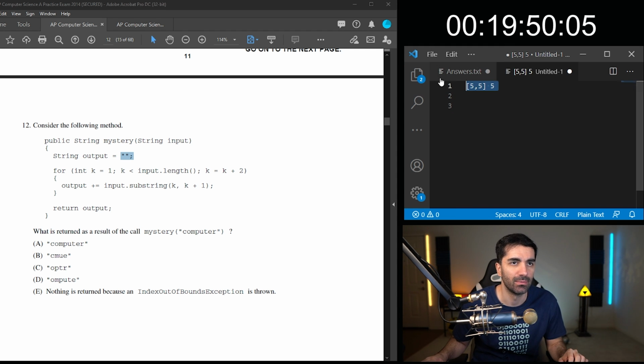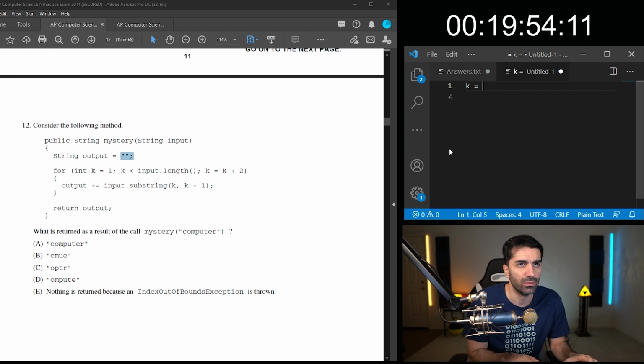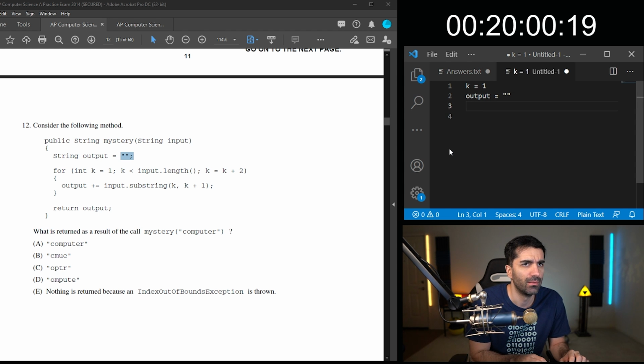All right, I'm going to need some notes for this. So initially k equals 1, output equals empty string, and input equals computer.